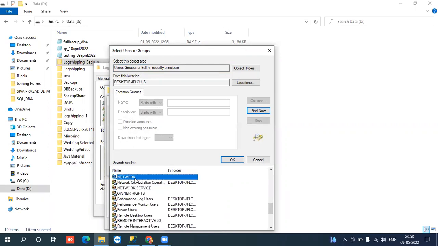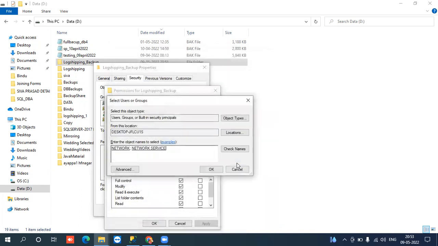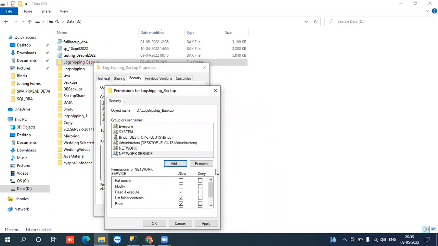This is called network, and there will be one more network service. The network services we need to add. Just click OK, and we need to allow them full control permissions, read write, to the network service and network service. And click apply, click OK,